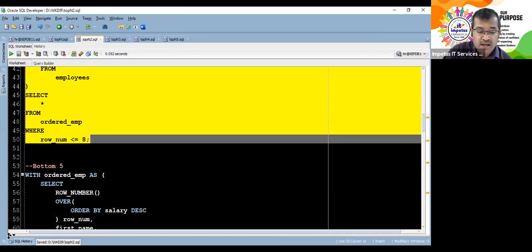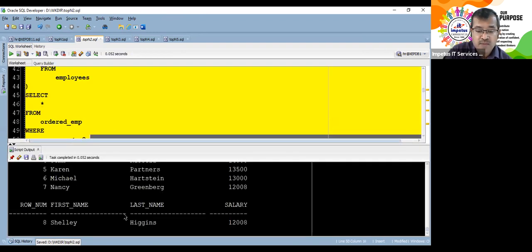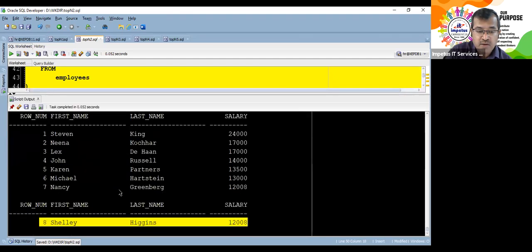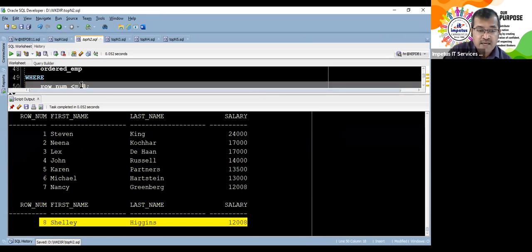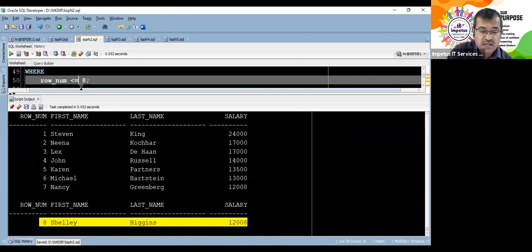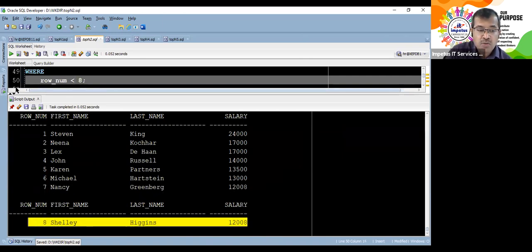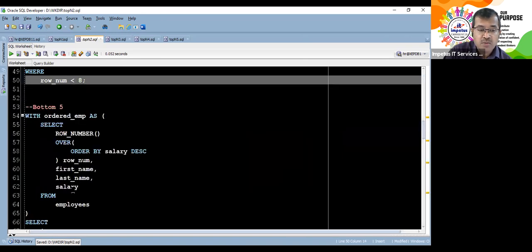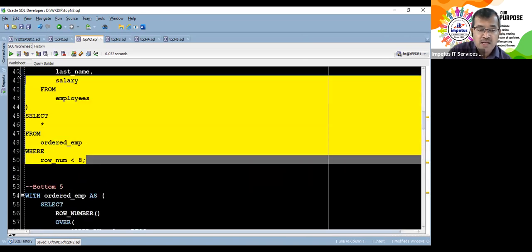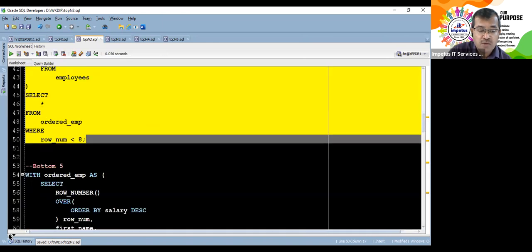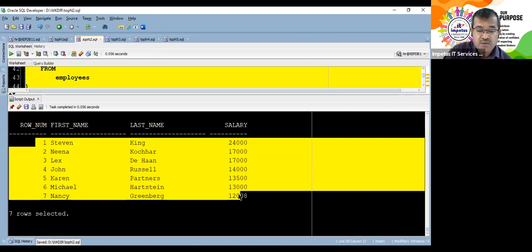This is not about rank. It's about the first few rows from the table. So it has given you the 8. Shelly has also come. All the 8 employees is what you have got, less than or equal to 8. But if I had said less than 8, I would not get Shelly, although Shelly and Nancy are both earning the same salary. It's not talking about the first rank or fifth rank. It's talking about that many rows. So if I say less than 8, the first 7 rows from the table by their row number will now be listed.